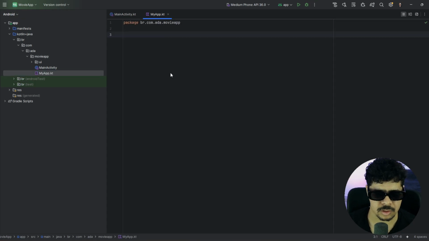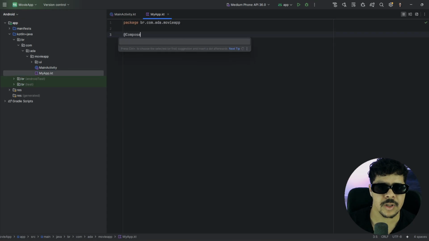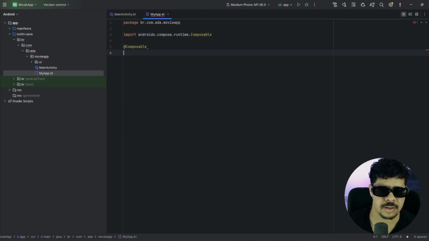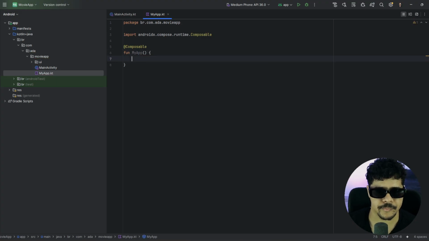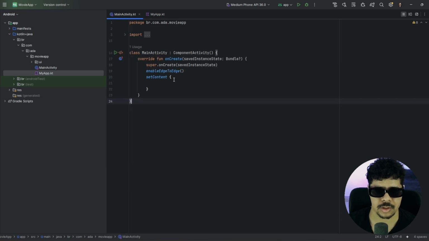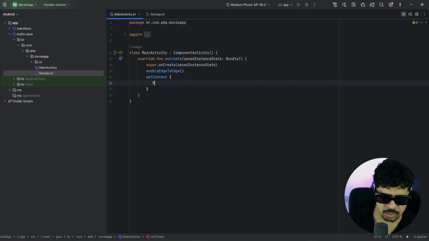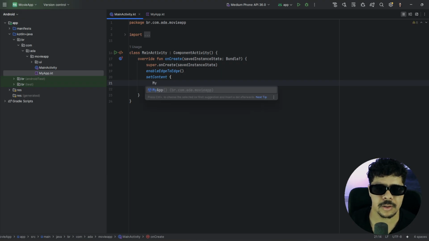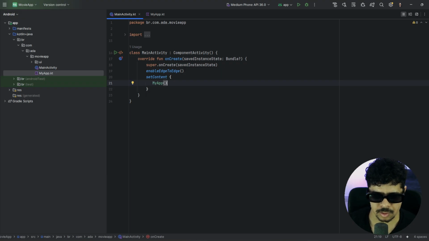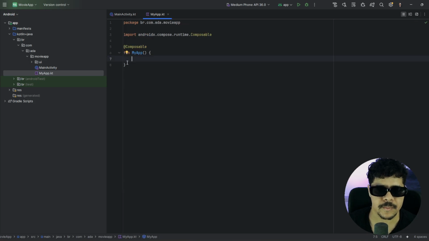And let's create here a composable like this. The fun, we can call this my app, and voila. So this now we can call here in my app like this. Okay, and that's it for now. So here in my app,